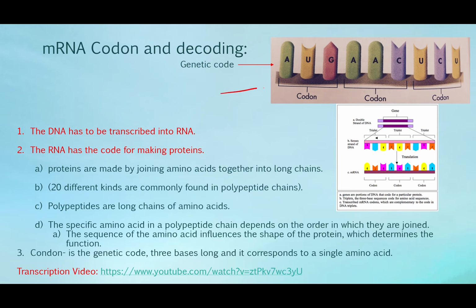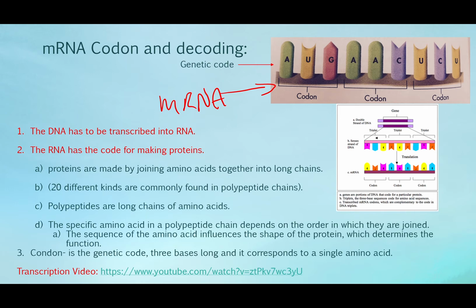Here's our mRNA strand, which was made in the nucleus off of one strand of DNA. When they split apart, it created an mRNA strand with the U instead of T. The purpose of that is so the mRNA can leave the nucleus, go into the cytoplasm, and go to a